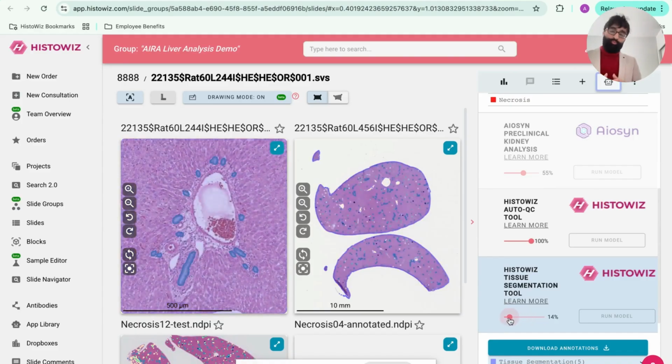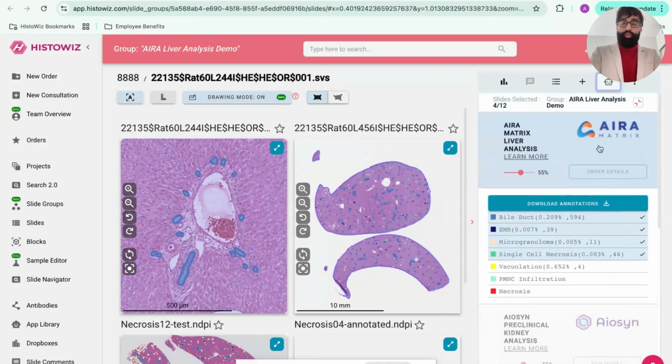You can cross play across these multiple apps simultaneously. Again, this is just an example scenario. Another example would be, say you're interested in cell segmentation or percentage biomarker quantification from QuPath, and you're interested in AIRA Matrix analysis. So you can load in these results simultaneously and look for the result.